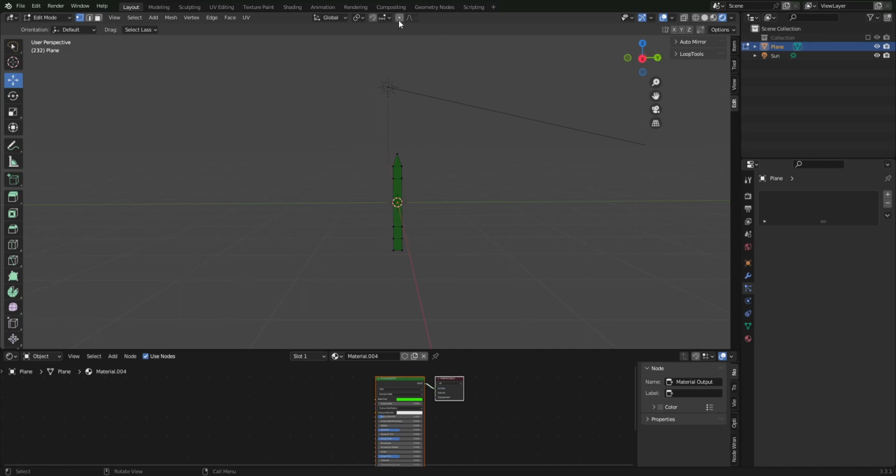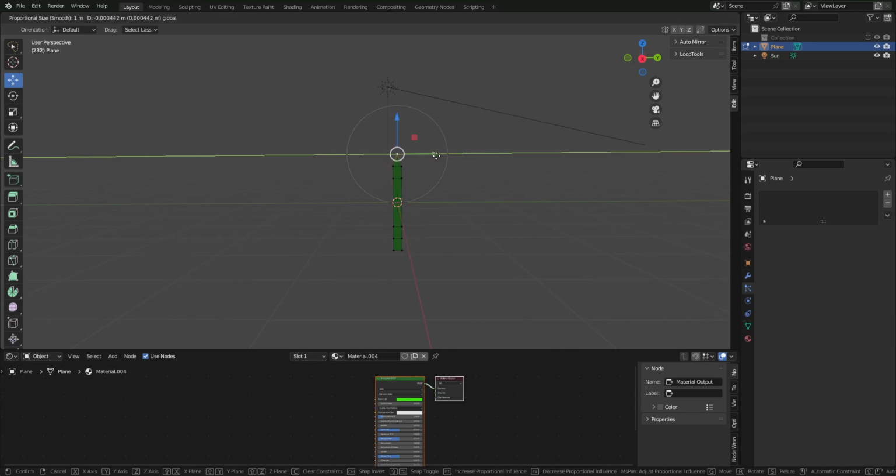You're going to want to click on the proportional editing tool here. Click on your top vertices and press G and move. You'll see there's a circle around there. With your mouse wheel, you can adjust the size of this. And as you can see, it adjusts the way you'd like. So you can have